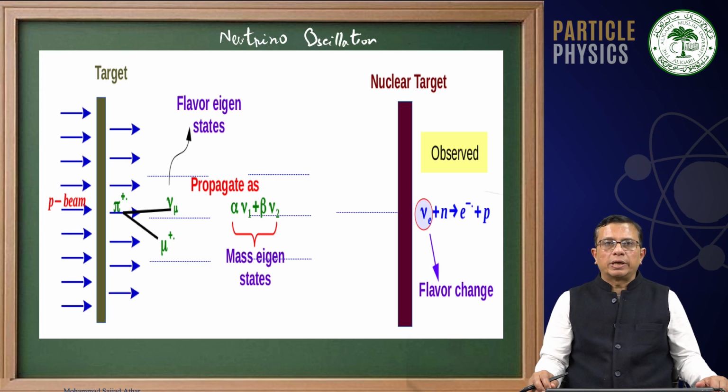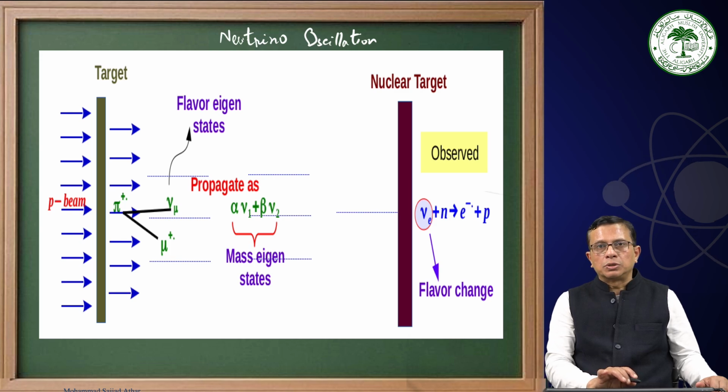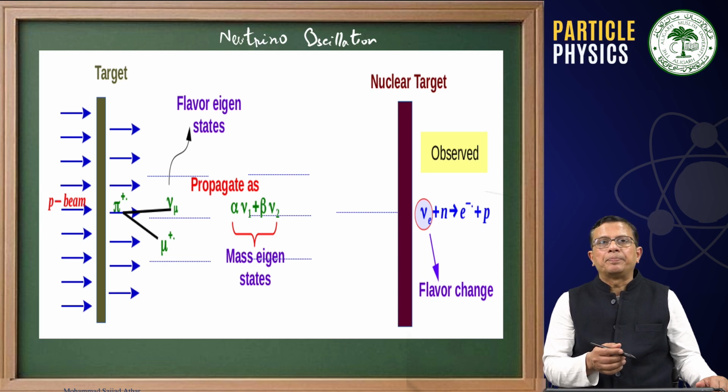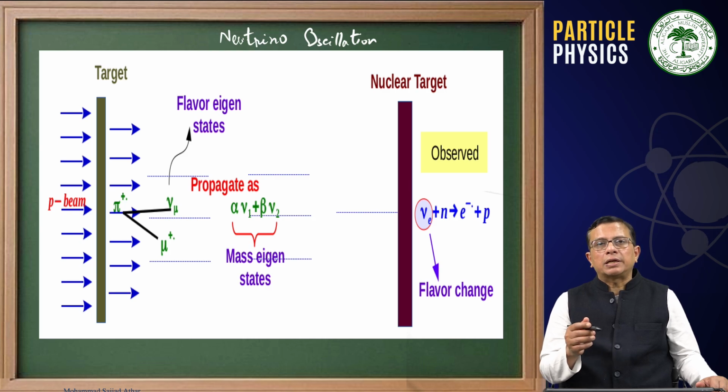What I had told you, for example, in the accelerator experiments, is that protons are bombarded on target material. From there, pions are produced, and these pions are then collimated using a magnetic field. When they travel, they have a finite lifetime. They give rise to muons and the corresponding neutrinos. And then when these neutrinos travel in space,